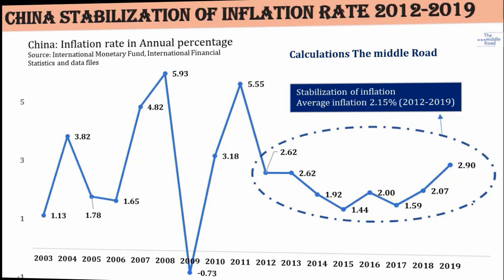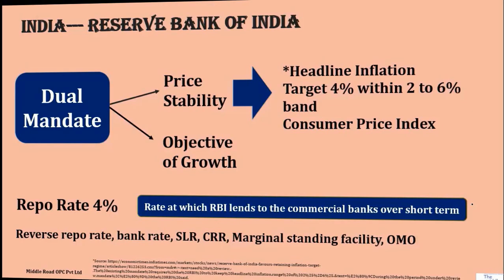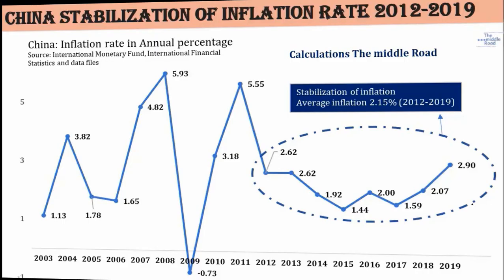If you look at the time since the currency got stabilized, the inflation, at least in my deduction, has averaged about 2.15% from 2012 to 2019. Even this has got stabilized. So when we try to analyze this, we could think that currency stabilization could have had an impact. We can see the causal impact, and we can also do an analysis to see how much currency stabilization could have had an impact